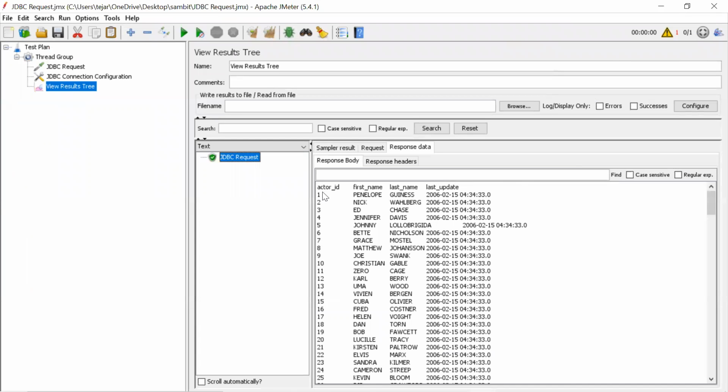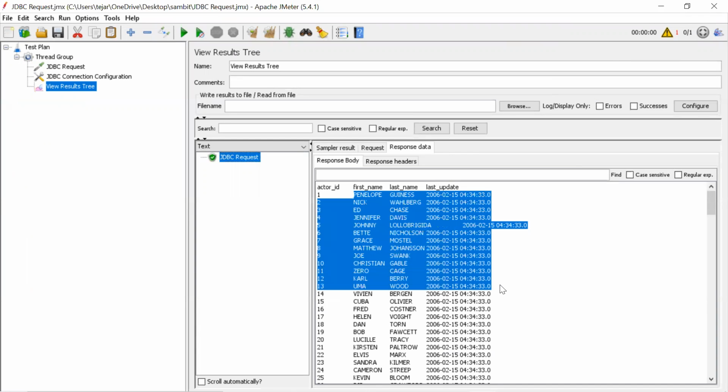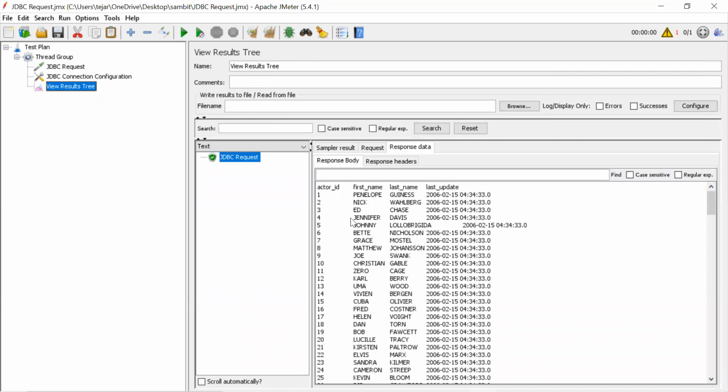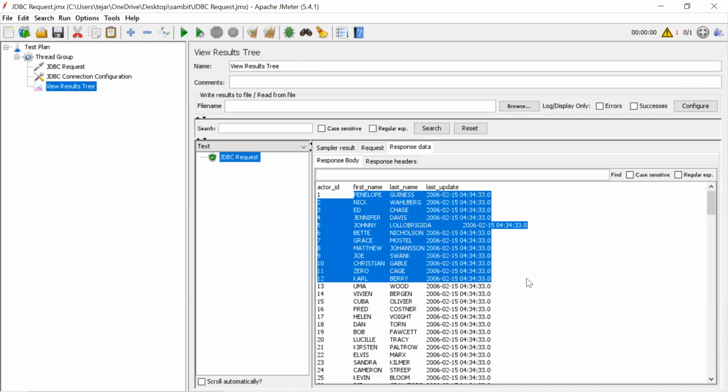If you see the data, can you go to the JDBC connection configuration? There also we can put the SQL statement, right? Which one? The SQL statement, we can put it in the middle here. Yes, it's a kind of init one, I mean, the starting of the DB. You can use it here, but I never used it here. Oh, okay, got it. And once you see the data, it means you have successfully established the connection between JMeter and the database.